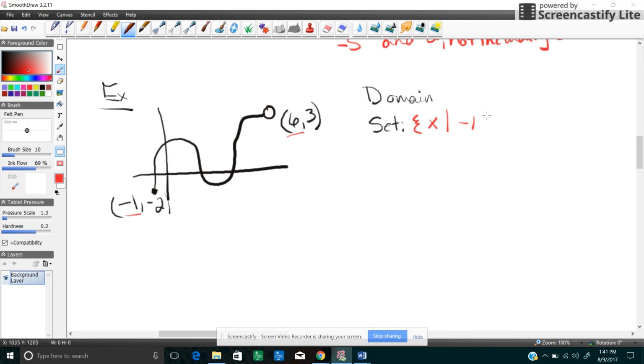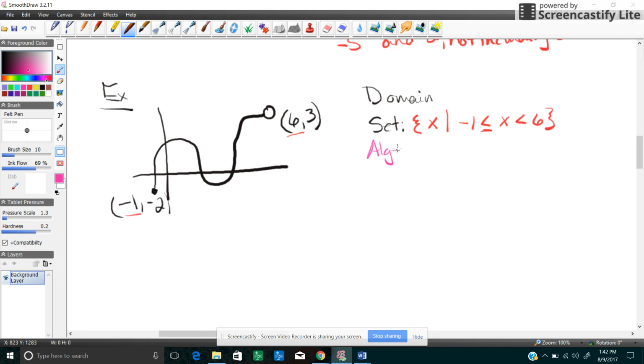So -1 is less than x is less than 6. Okay, I always do this first and then I go back and check to see if there's an open circle, closed circle. Okay, so at this point over here, -1, it's a closed circle, which means I'm going to have that line here. At 6, open circle, which means I don't have to do anything here. Okay, moving on,